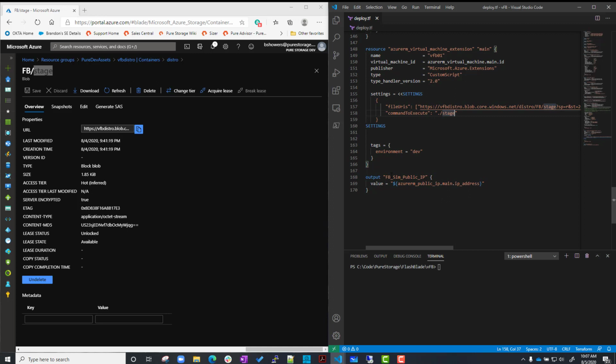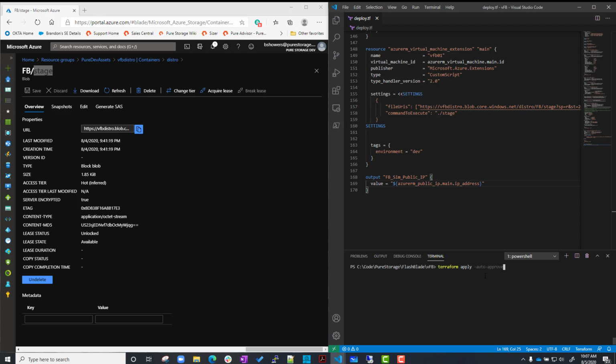So then the last thing I do is I spit out to Terraform the public IP address right here so that we know what the endpoint's going to be and we can get it provisioned. So what I'm going to do is kick this off, and then I'm going to talk a little bit as we go through this. So to execute Terraform, after you've initialized and done some of that, which I've already done,